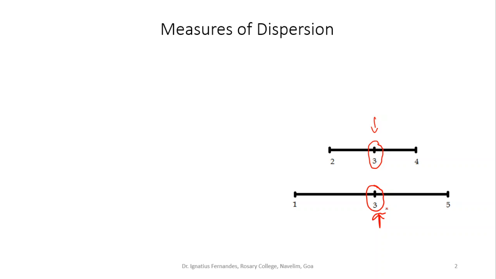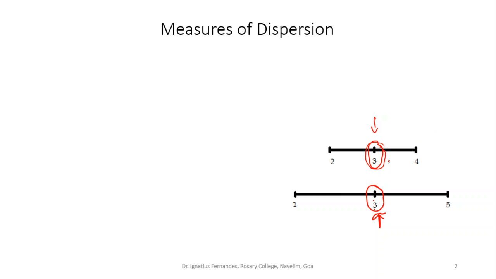You will see that the means are the same for both data sets, but the data sets are not the same. So knowing only the mean or the measure of central tendency is not enough, because we are just looking at the center, but we do not know the nature of the other data points with respect to this. Like here, 2, 3, 4, the values are closer to this mean as compared to the values 1 and 5, which are scattered more, or a little farther, from the arithmetic mean.